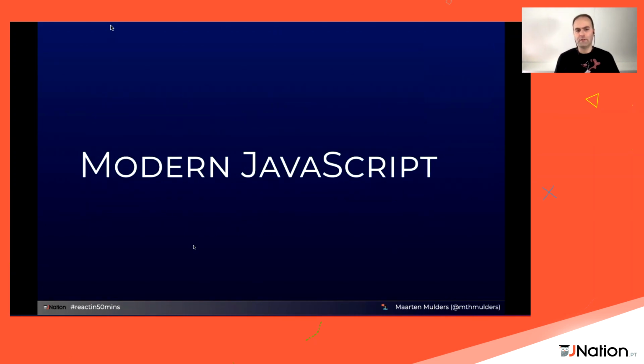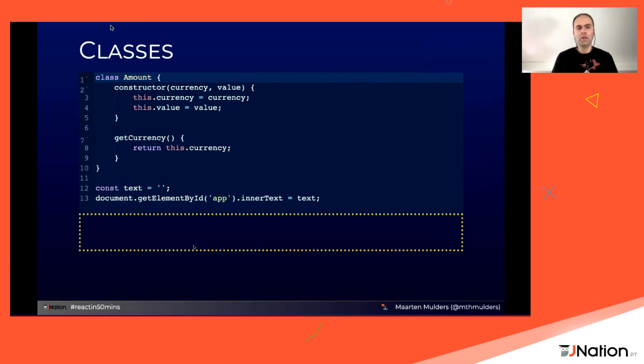Before we dive into React, let me give you a quick refresher of modern JavaScript. If, like me, you've been working with JavaScript for quite some years already, you may be surprised to see some constructs in typical React applications or frameworks, or actually documentation of React, that at first sight may seem a bit odd. So let's run through a couple of things that have been added to the JavaScript language over the past years so that we are all on the same page there. The first thing that you can do nowadays is classes. You can actually use classes and instantiate objects